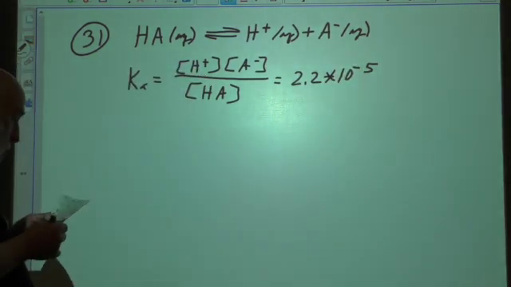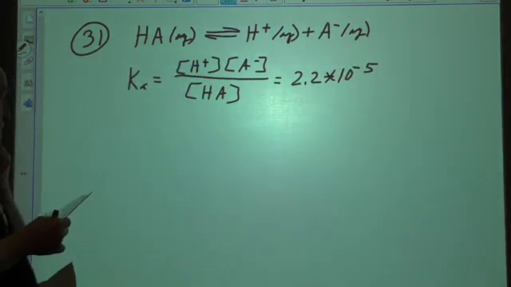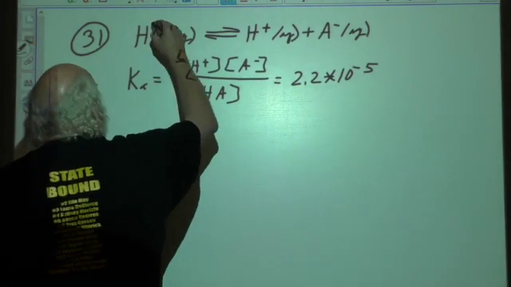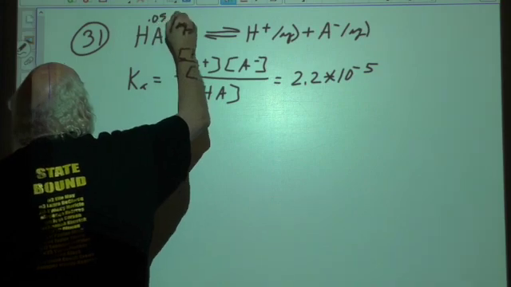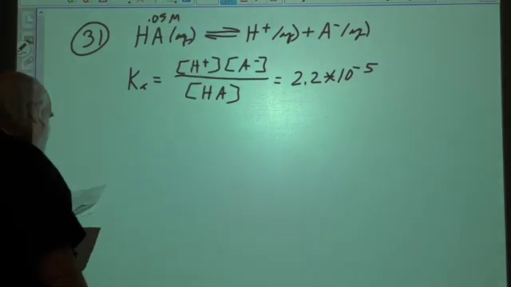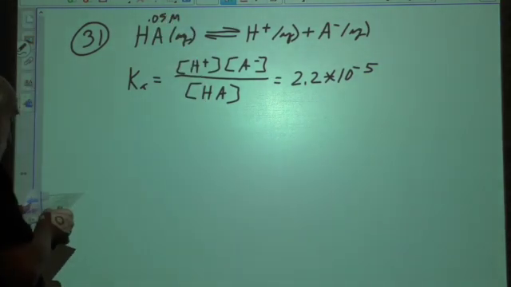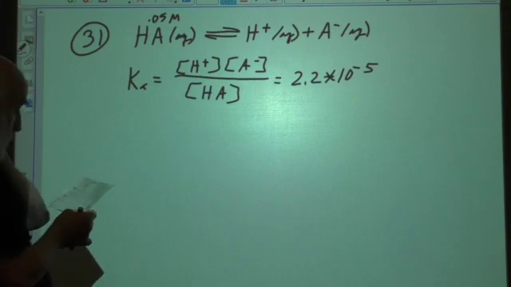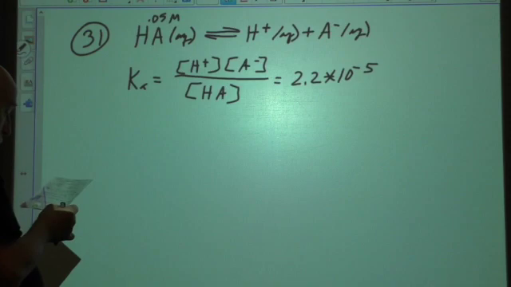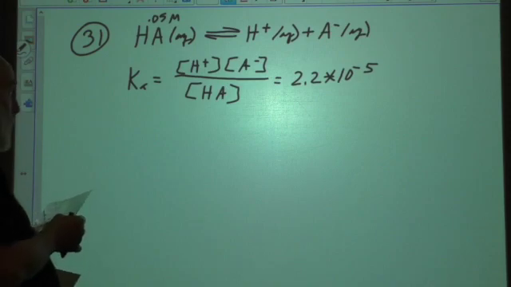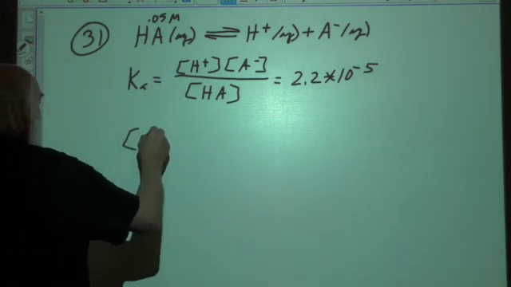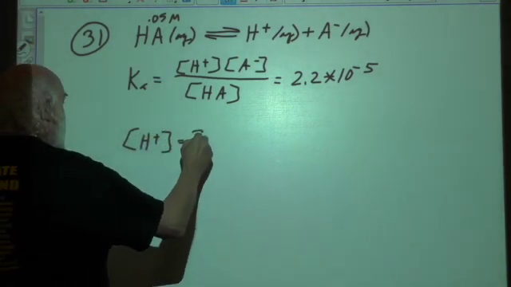And the other piece of information they give us is that the original concentration of HA is 0.05 molar. And the question they want to know here is, what is the concentration of hydrogen when this is done, and what is the percent